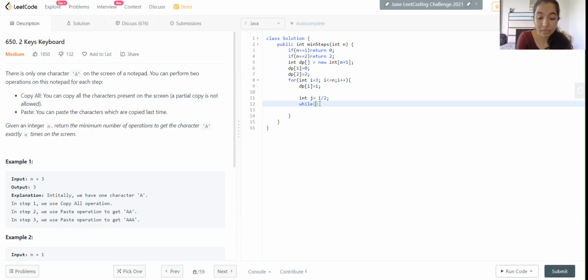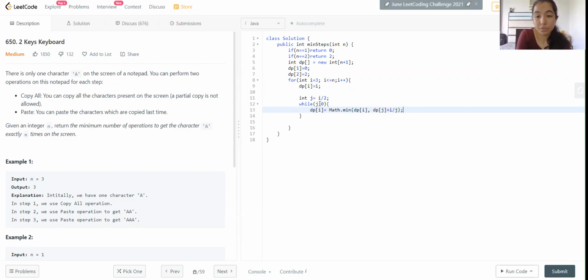We're going to have another while loop inside this, wherein we will check if j is greater than 0. And we're going to do dp of i equals math.min, because we have to find the minimum number of steps required to fill that dp of ith position that we saw in the case of 6, which was dp of j plus i by j.